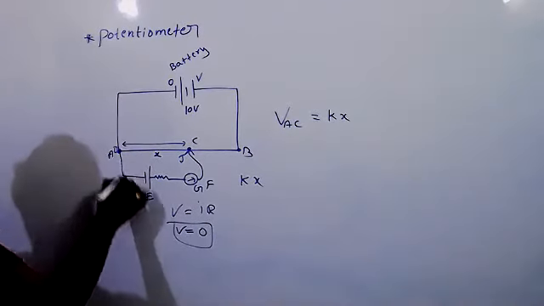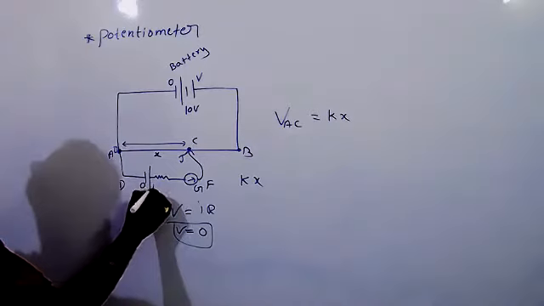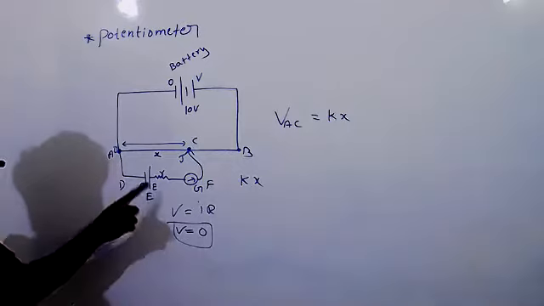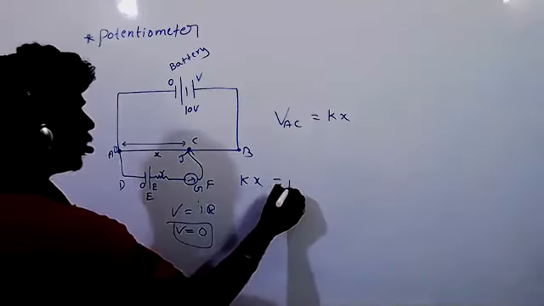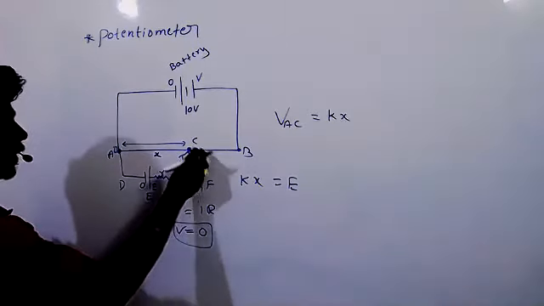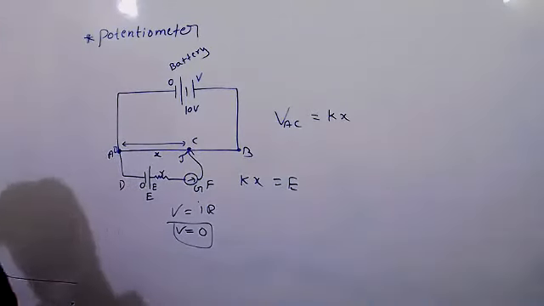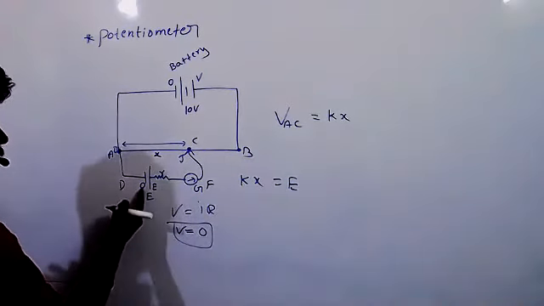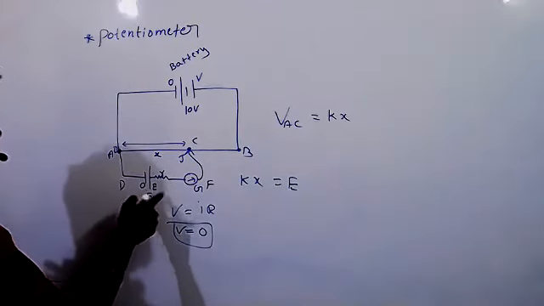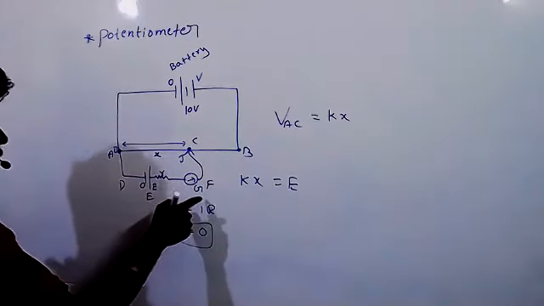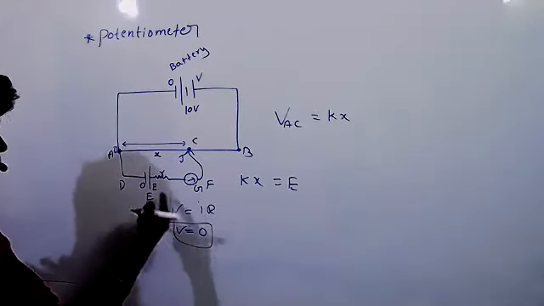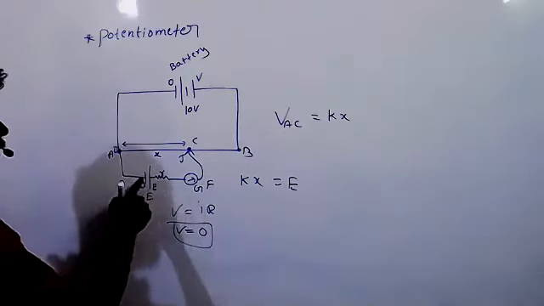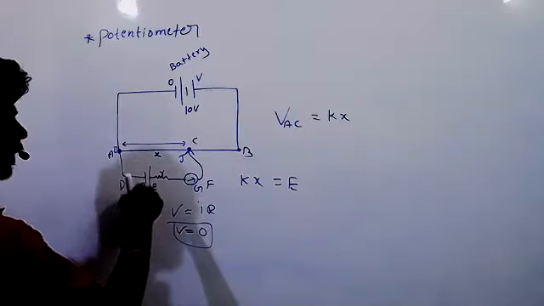So if it is 0, it is also 0, and it is E, and it is R. So everywhere there is no potential drop, but the potential will become E. Everywhere potential is E only. There is no drop. Here 0, it is E, because the total EMF is E. Everywhere E. The current is not passing, that means no drop. So what is the EMF of this cell? EMF of this cell equals K into X.